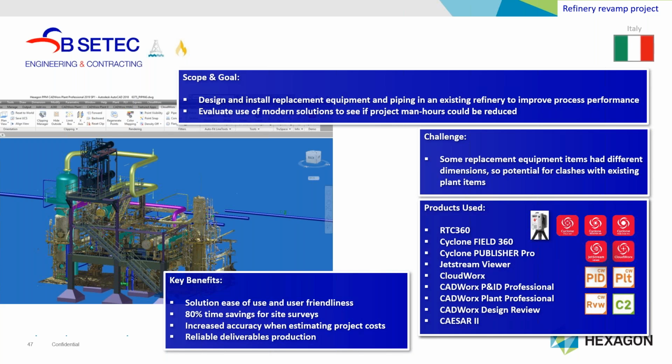But what they found, of course, was that they had a very easy to use overall solution due to the user friendliness of the hardware and, of course, the software that they were using to create the modeling, the CADWorx solution. That enabled them to increase their ability around estimation of project costs. And of course, the reliable deliverables from the system gave them high quality information to affect the physical change to